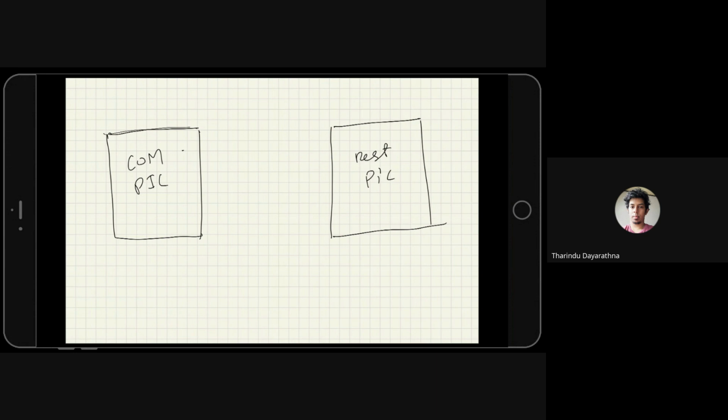So this TX will be connected to this RX. Okay, that's very simple if you do the UART connection. Okay, but this is not a good way of doing, because